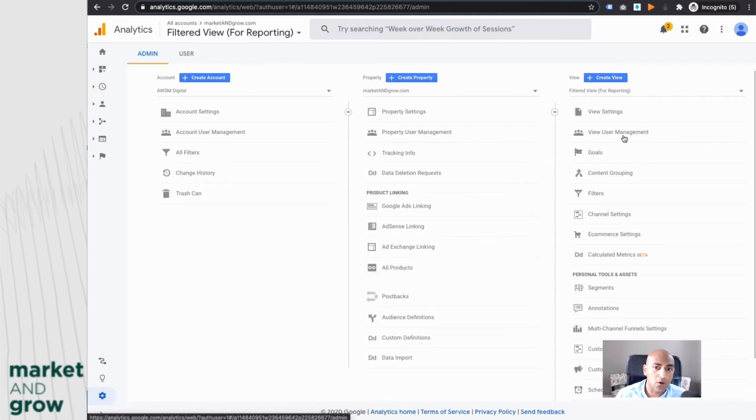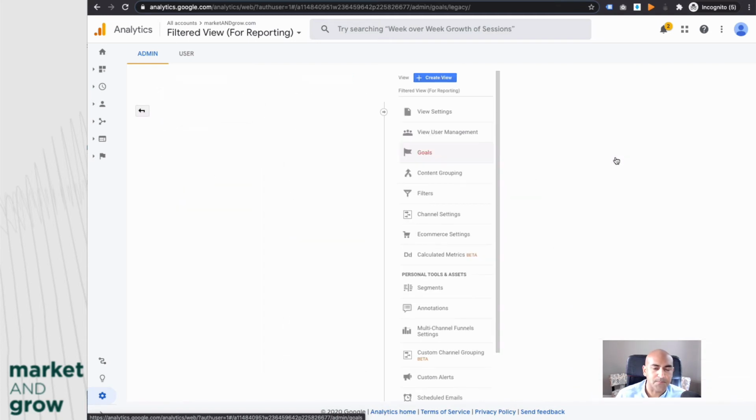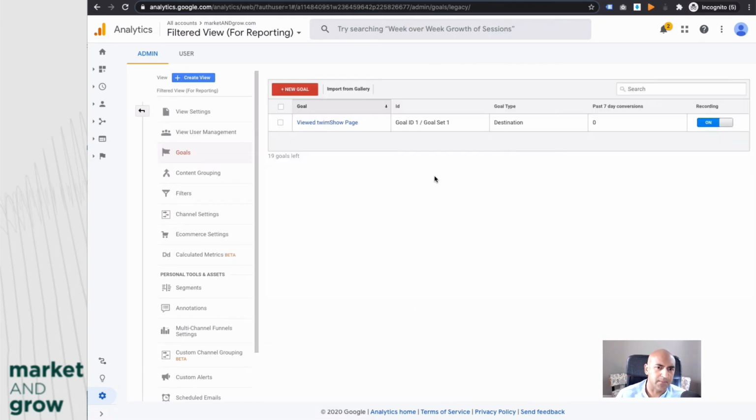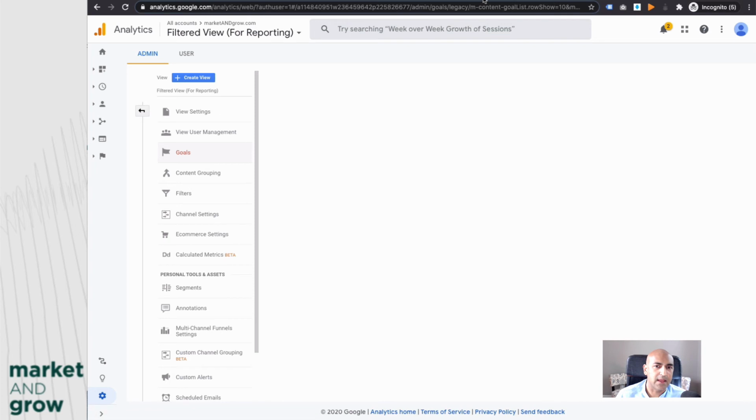So now in Google Analytics, if you're not familiar with it, and that could be another video in itself if you choose to learn more, there are different view settings we have. But for now, I'm using a filtered view, and that's the view I'm going to use for this exercise, or for this recording. And in there, if I go into goals, what you will see is I have different goals set up. Well, I have only one, and it's called View Twim Show Page. And if I click on that, what you will see is that it is actually